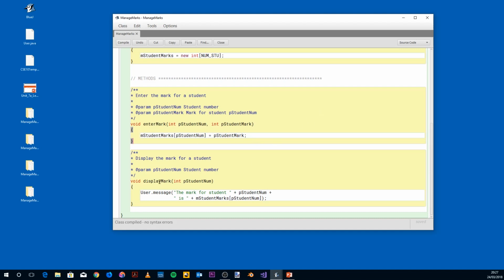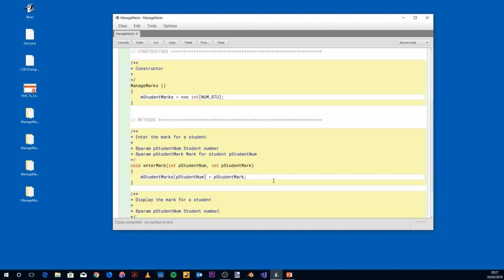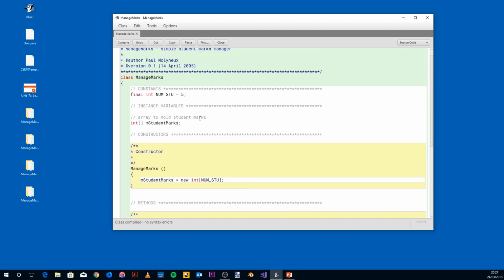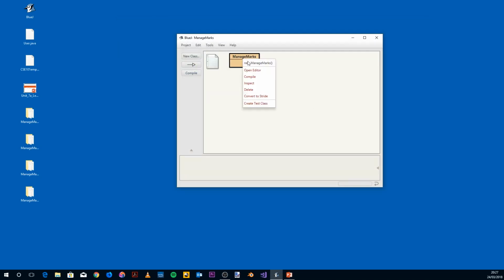In the displayMark method, we've got another parameter which is asking for a student number, which again is the index to the array, so it'll be any number between 0 and 4. And then we use user.message to say the mark for student at position student number is, and it will output the value at that particular array index. Now hopefully we'll be able to run this and use it through the object inspector so that we can actually see what's actually happening. But we'll give it a compile and we'll create an instance